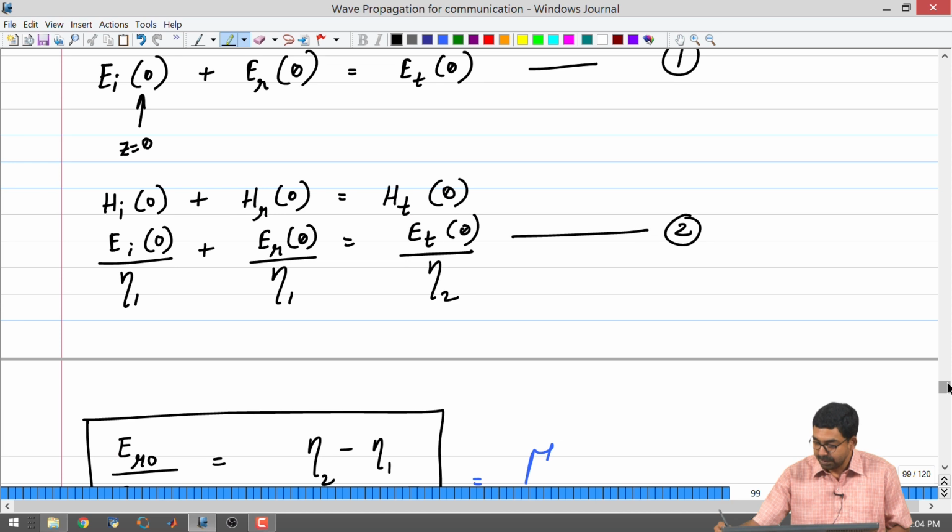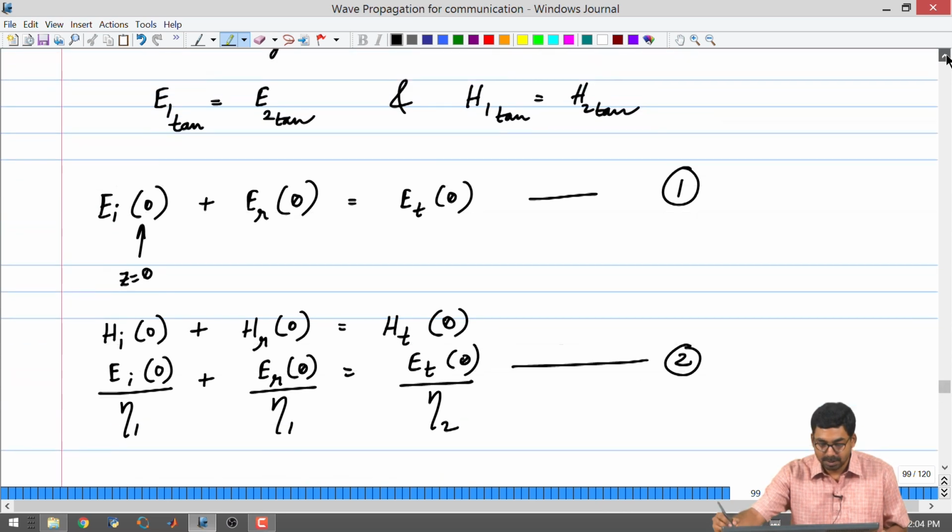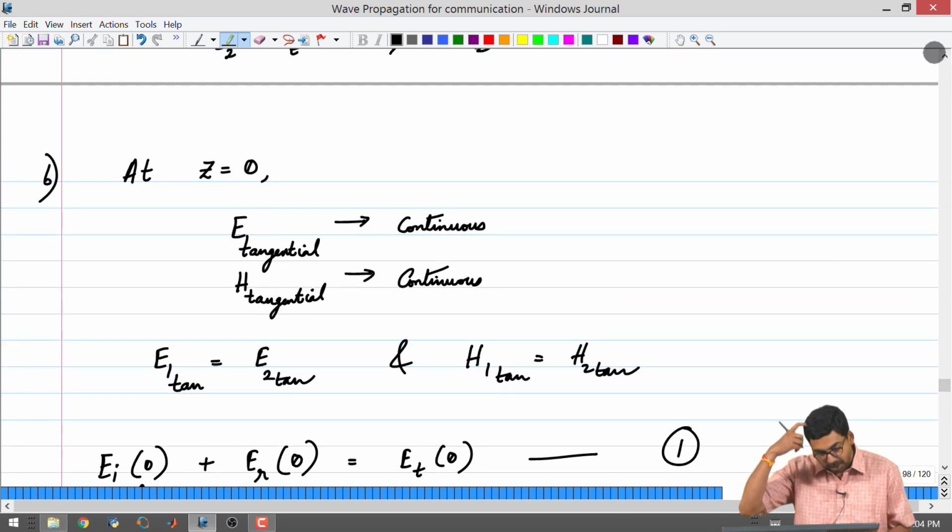the key thing that we saw in the previous lecture also was that the boundary conditions for the case of dielectric interfaces is that the tangential E field and the tangential H field are continuous. Please remember that this is valid only for dielectric interfaces. For dielectric metal interfaces, we will have a separate lecture where we will derive the reflection and the transmission coefficients, but the boundary conditions are slightly different because it will involve surface currents.